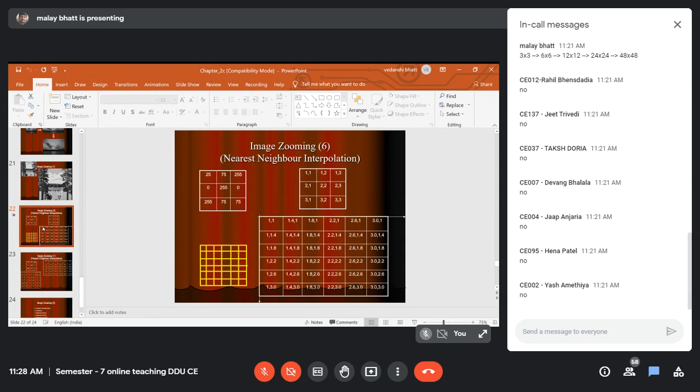The first point will be at 1. The second point will be at around 1.5. Then we have 2. Then we have 2.5, something like this. Then we have a 3. That's how we will get the points. 1, 1.5, 2, 2.5, and 3. If you consider in that way, you have total 5 points. Is it clear?